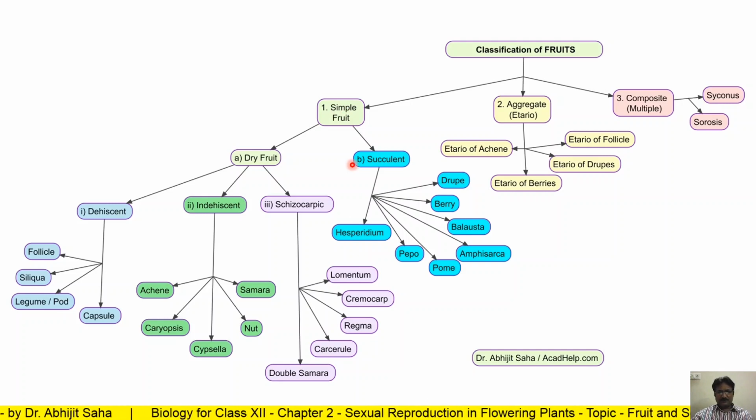Similarly, simple fruit. Most of the fruit which we prefer is simple fruit and succulent type. Succulent means they are fleshy, they are juicy. These fruits which come under this area, they are not juicy. Of course, they have pericarp, but it is not juicy. But these fruits are all juicy fruits. Next group is the etaerio or the aggregates, and finally is the composite fruit or the multiple fruits. We will just understand these three terms.